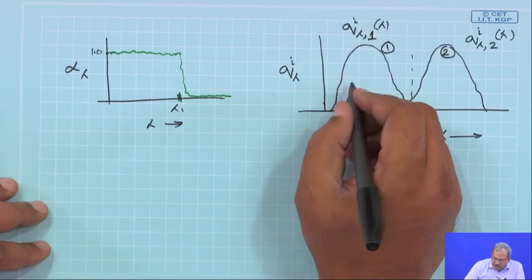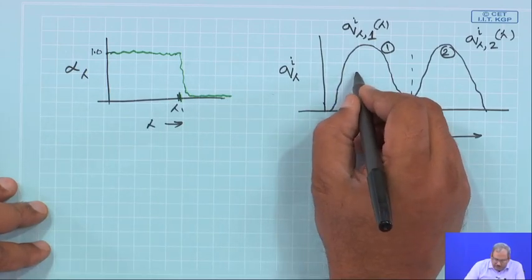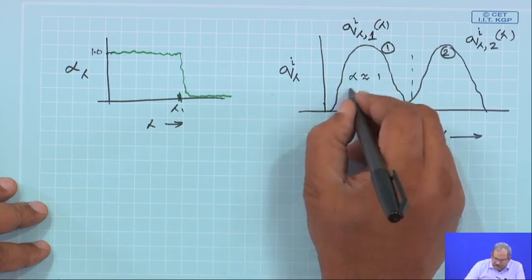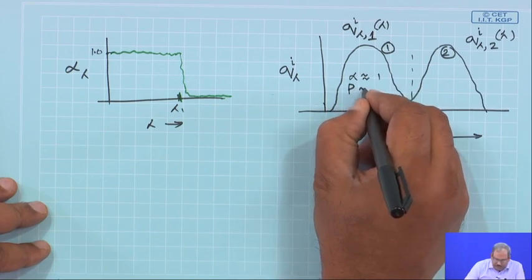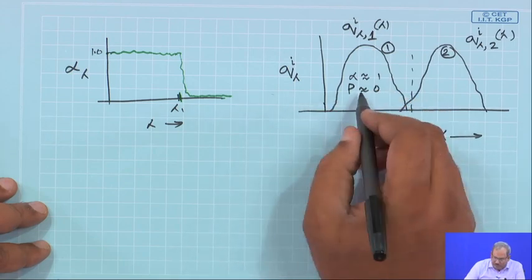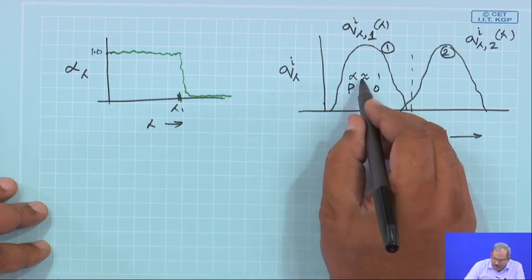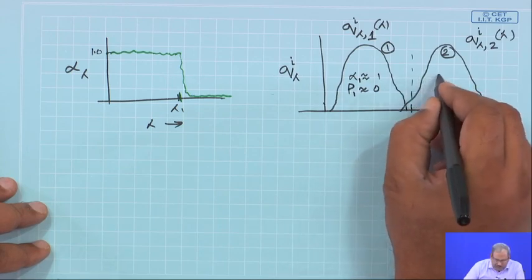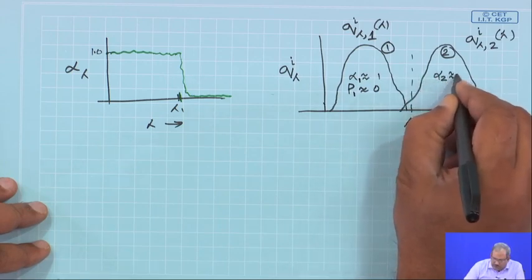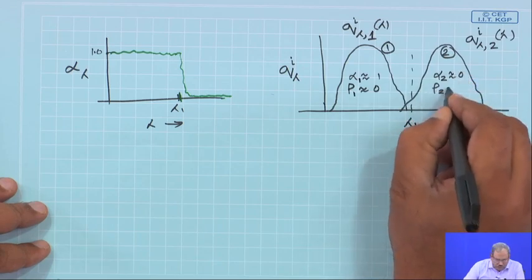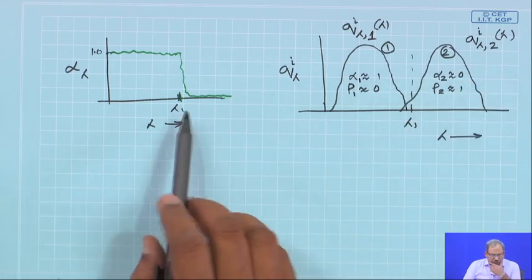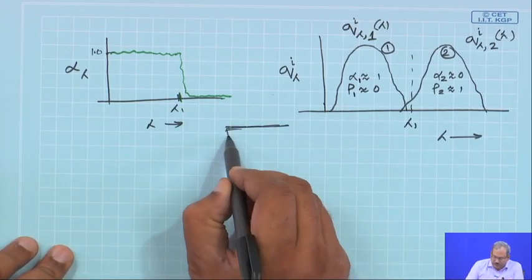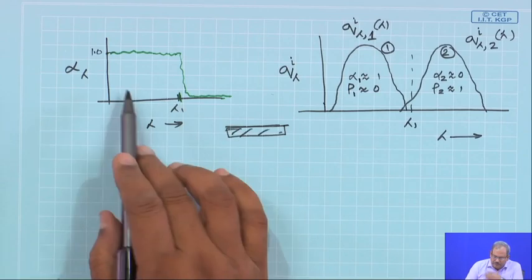So, what we would see from here is alpha is almost equal to 1 in this case, and the reflectivity is 0. These are opaque substrates. So, alpha 1 is equal to 1, rho 1 is equal to 0, and in this case alpha 2 is about 0, so rho 2 would be equal to 1. So, the surface we are talking about has the property